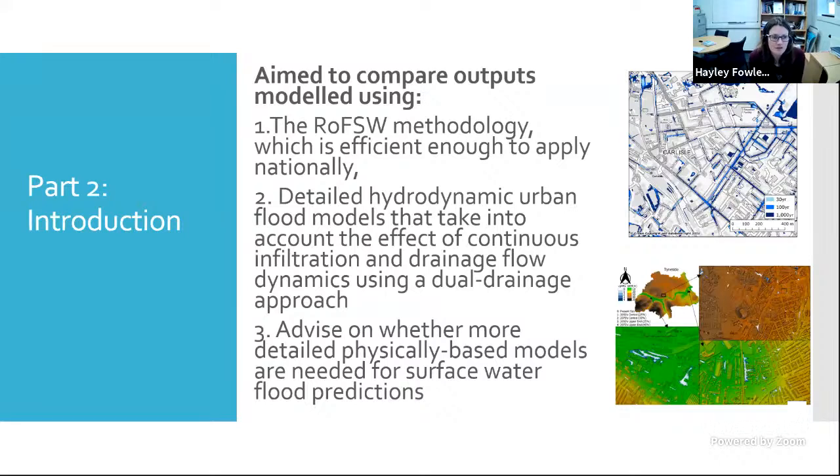So just to give a little introduction to this before I hand over to Murray and then Xiadong, we aimed to compare different outputs from different methodologies in this section of the project. So JBA ran some models using the risk of flooding from surface water methodology, which is efficient enough to apply nationally, but makes some simplifications, particularly to infiltration rates and things like that, which are picked up properly and dealt with perhaps in a more sophisticated way in the detailed hydrodynamic models that Xiadong has run for the same 6